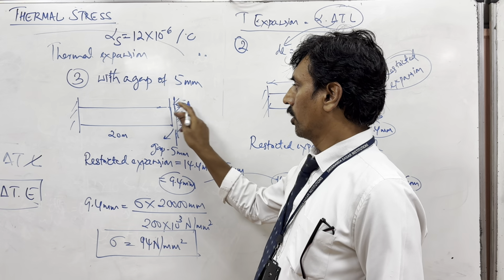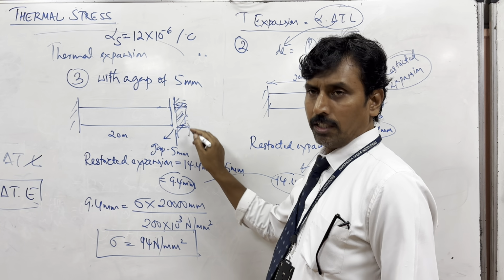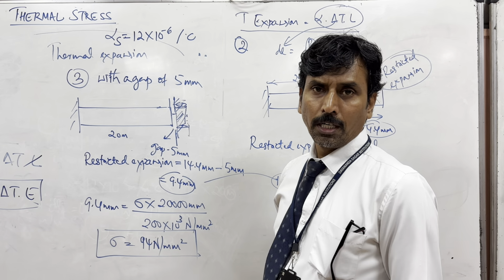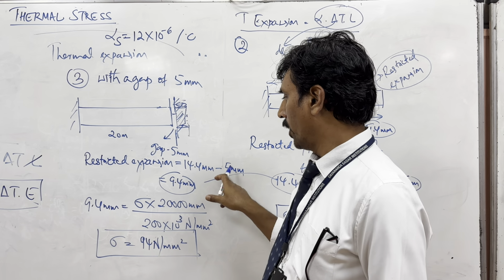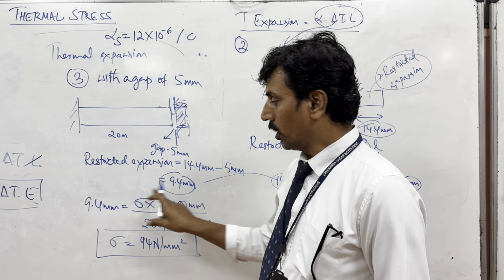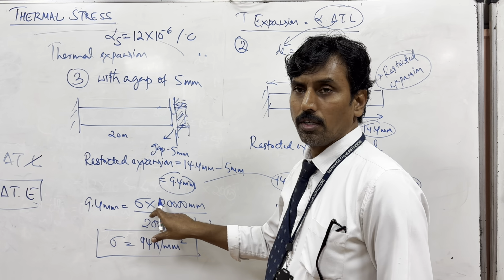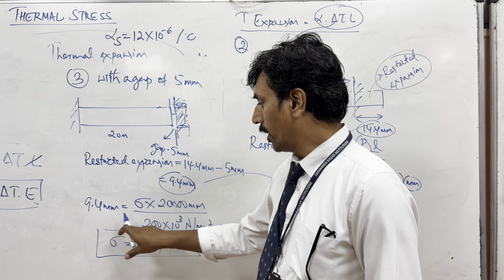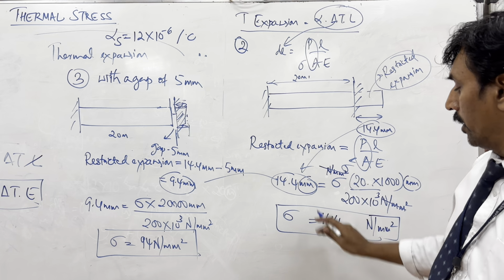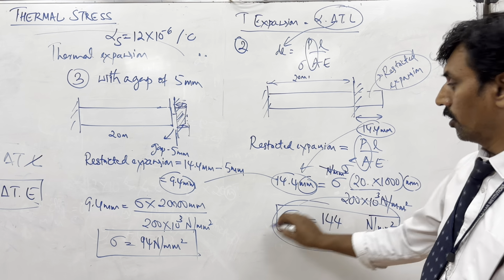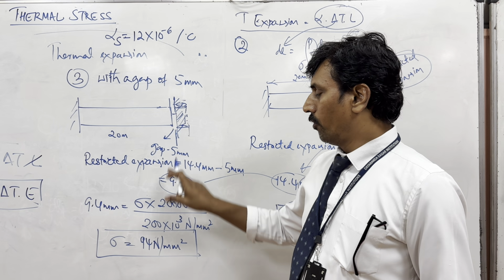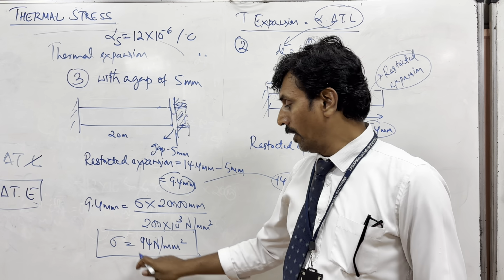Only then the remaining expansion is prevented. Out of 14.4, 5 mm is free expansion, which should not be counted. 14.4 minus 5 is 9.4. That is the restricted expansion. So restricted expansion has to be substituted in sigma L by E. Then you get sigma. So here, since all the expansion was prevented, the stress was larger. Here, only 9.4 mm of expansion is prevented, stress is